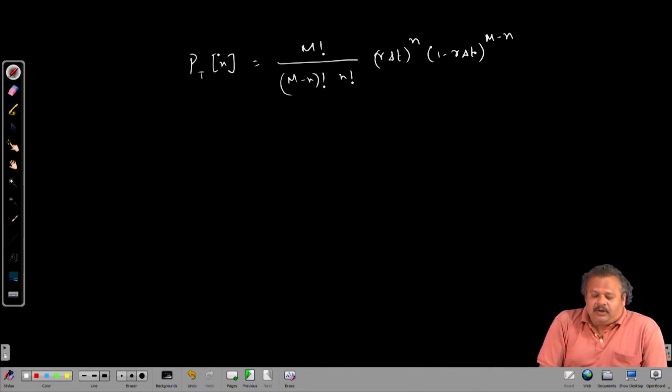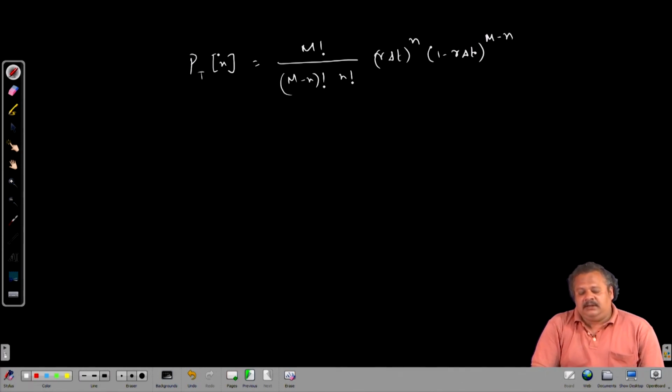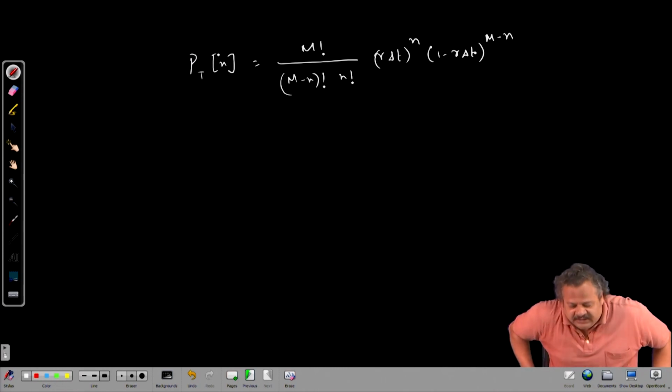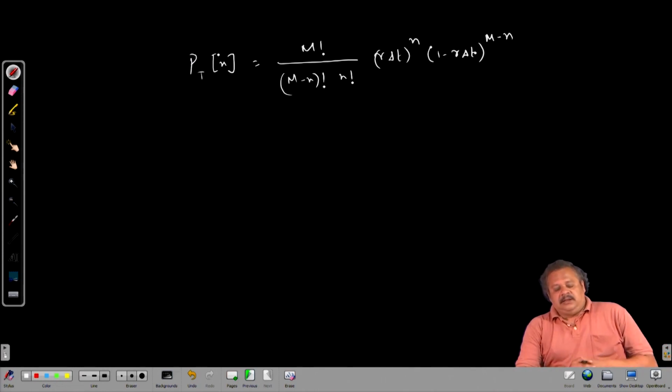This is our probability of observing n spikes in that capital T time window, where the probability of spike is fixed in that capital T time window, and there is a fixed rate of spikes occurring, that is